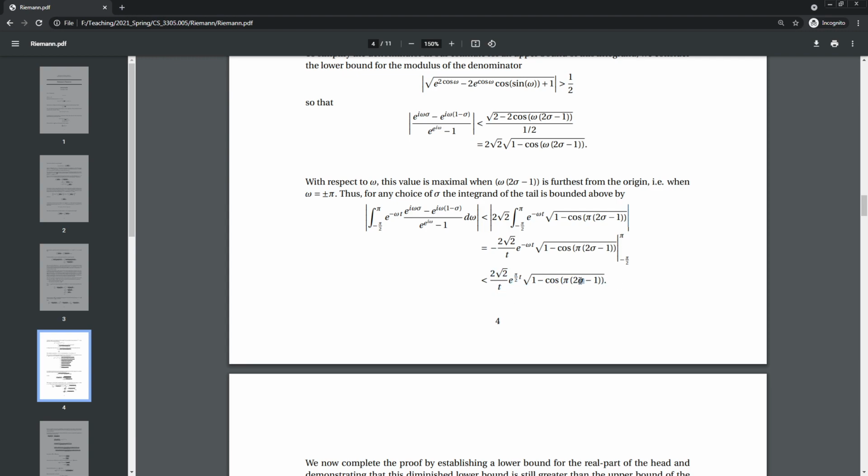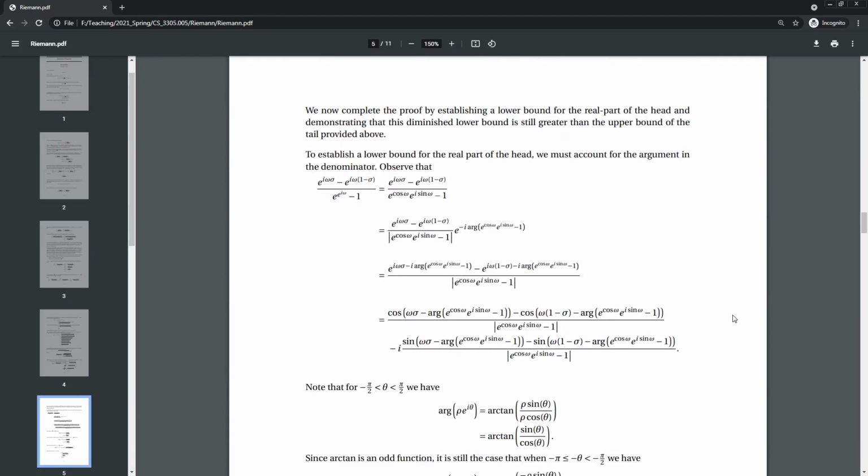So something which depends on sigma and t. And now we're going to look for something in the integral of the head part, which also depends on sigma and t. Then we can test the veracity of our statement that the head always has a modulus which is larger than the modulus of the tail, as we've defined them. Okay, so we complete the proof by establishing a lower bound for the real part of the head and demonstrating that this diminished lower bound is still greater than the upper bound of the tail. So for the tail, we were as optimistic as possible. For the head, we're going to be as pessimistic as possible,